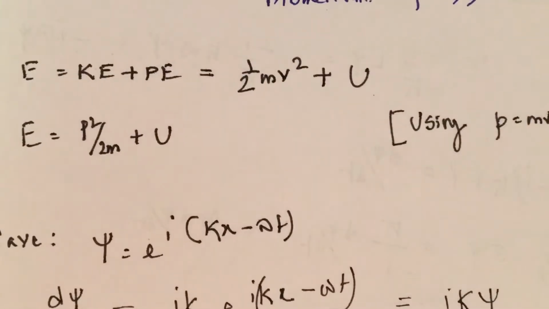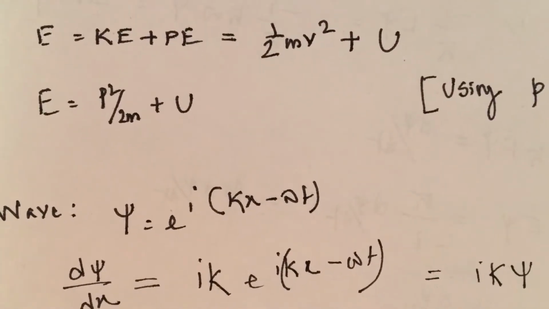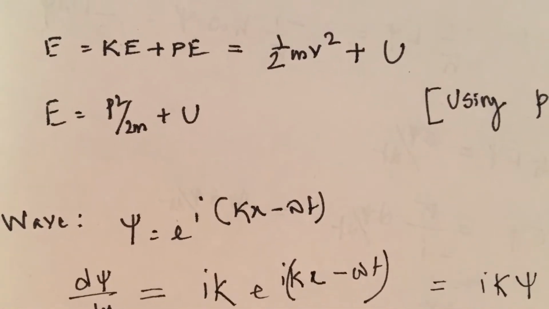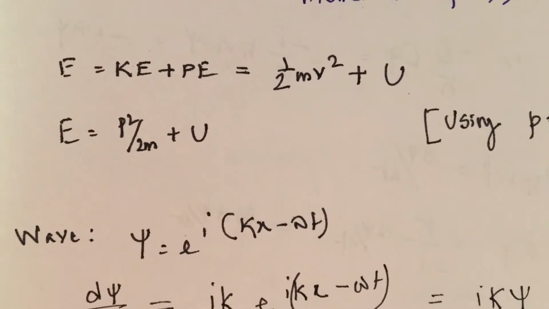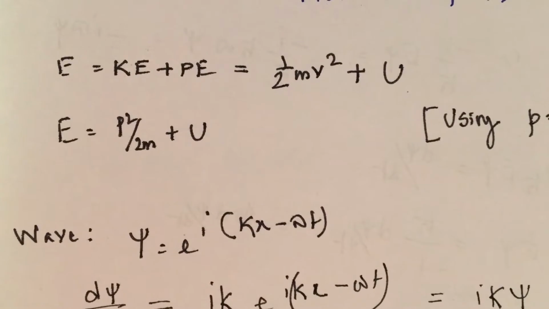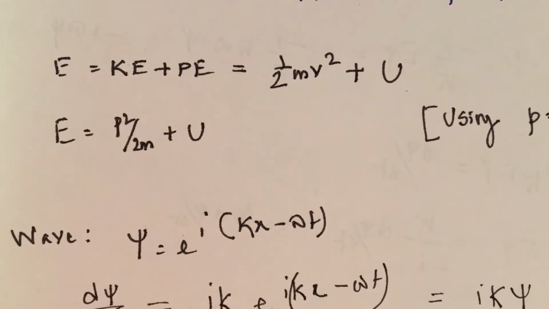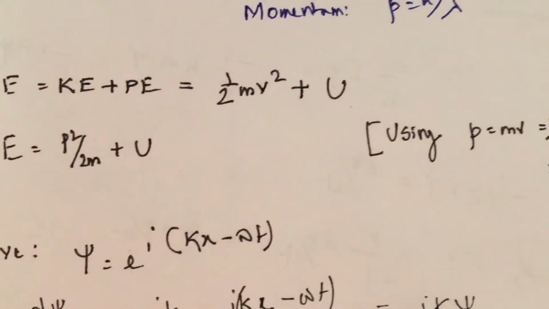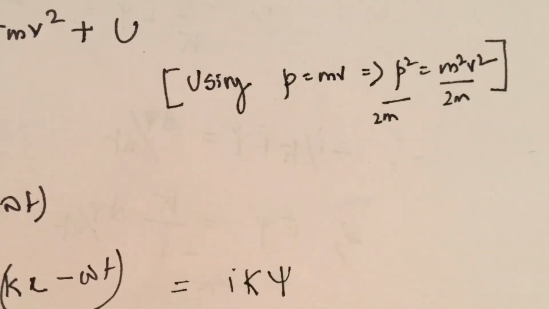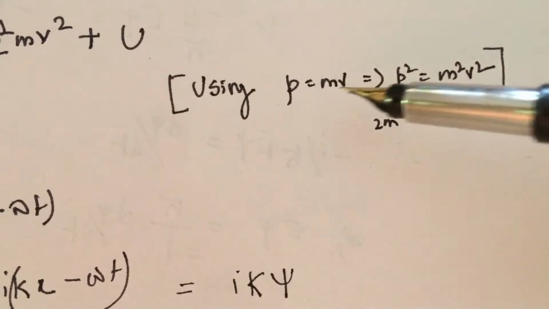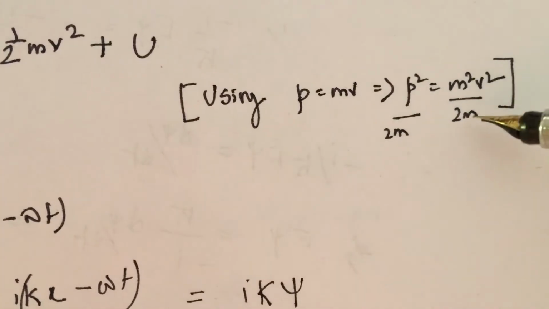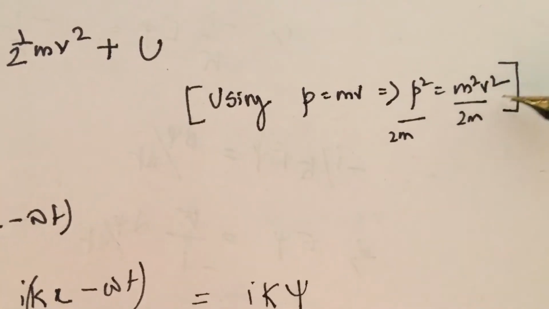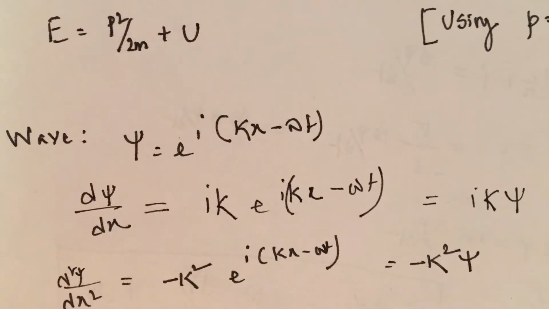As we know, total energy is equal to kinetic energy plus potential energy. Kinetic energy is half mv square, that is the energy coming out from the velocity. Potential energy depends on where we are standing. It could be gravitational potential energy, it could be electrical potential energy, etc. And we know p equal to mv, so p square by twice m: if we square it, p square will be m square v square, and then I divide by twice m and I get half mv square. So instead of half mv square kinetic energy, we can put p square by twice m. This is exactly what I have written here.